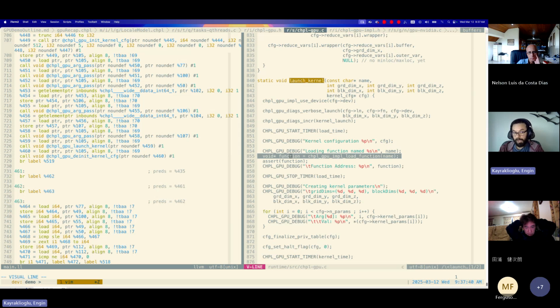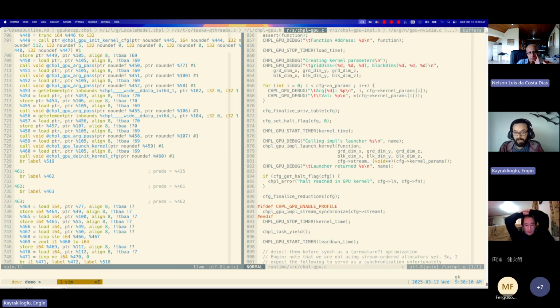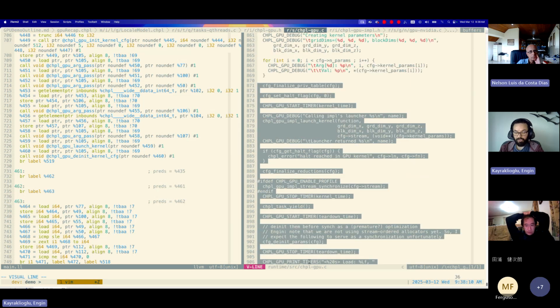Both HIP and CUDA work by name-based lookups, so we literally pass the kernel name that we generate, and then it can go and find the function. I can show you this function, but it's rather simple, really. And then going forward, a bunch of other debugging stuff. So if you come to the core of it, which is here-ish,